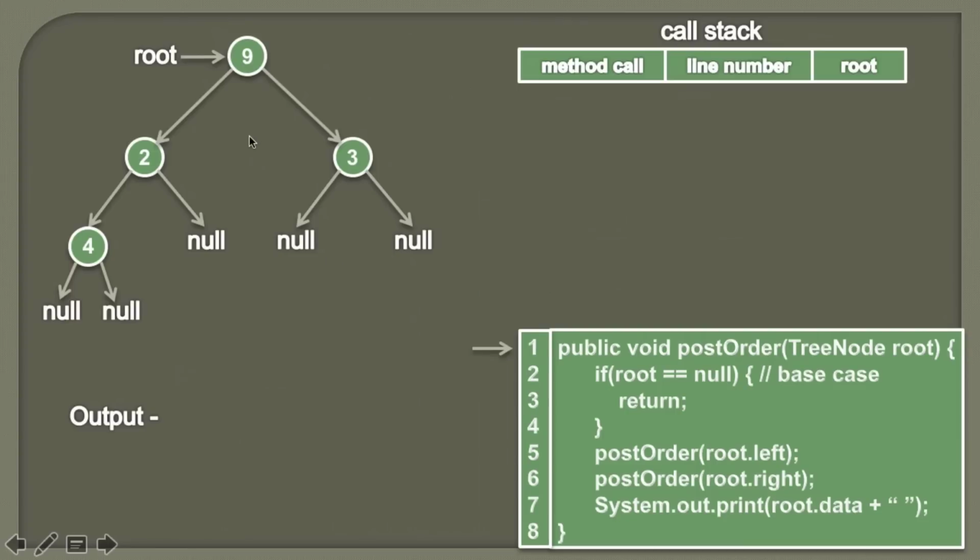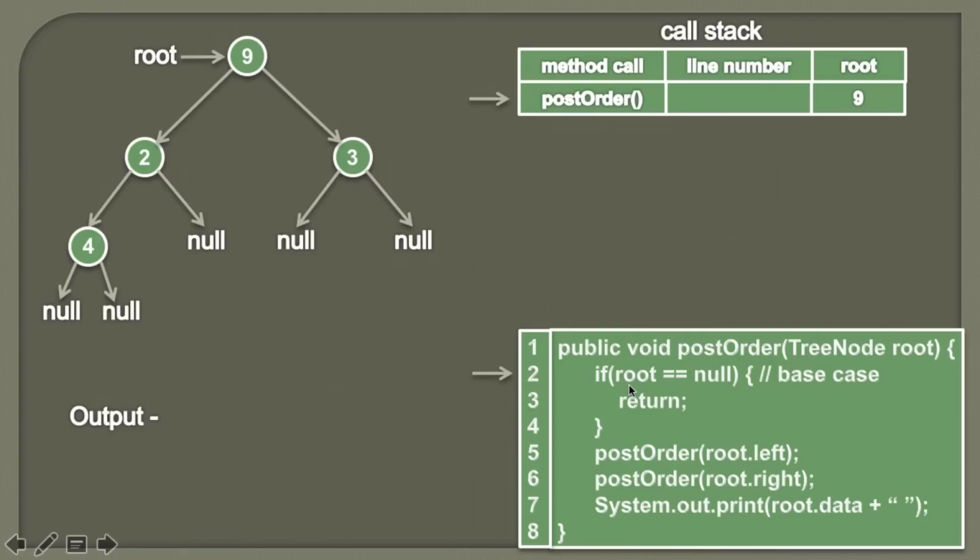So friends, here you can see the root is pointing to the node 9, and when we call this post order, we actually pass the root node. So to this post order, we are actually passing the root node as 9. So friends, when the point of execution reaches this post order method, we know that on the call stack there will be one method by the name post order, and we also know that we have passed the root as 9. So therefore on the call stack there will be one method by name post order which will start its execution. Moving ahead.